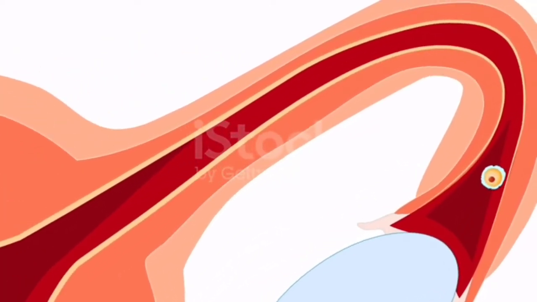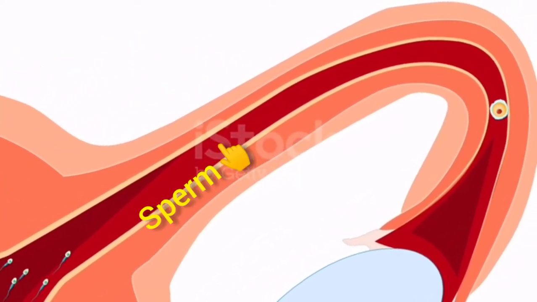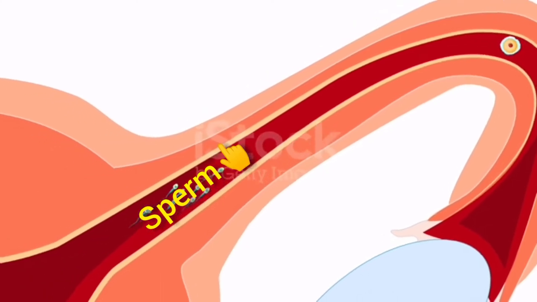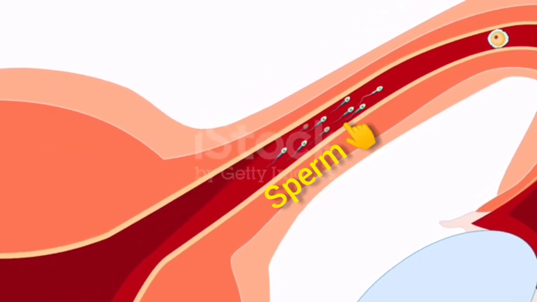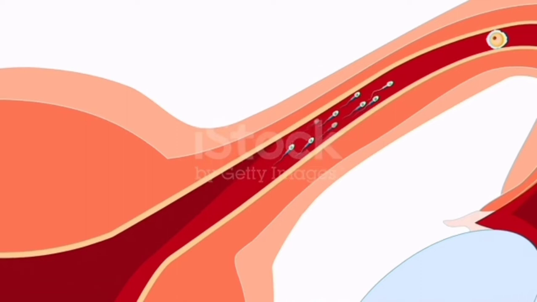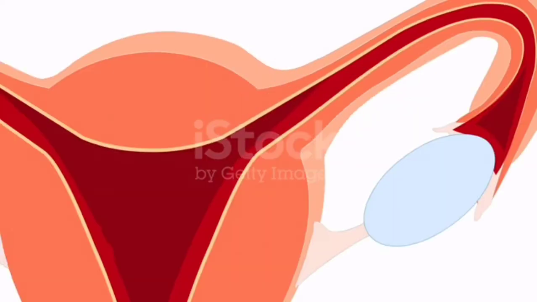Fertilization. During copulation (coitus), semen is released by the penis into the vagina. Insemination. The motile sperms swim rapidly past the cervix, enter into the uterus, and finally reach the ampullary region of the fallopian tube. The ovum released by the ovary is also transported to the ampullary region where fertilization takes